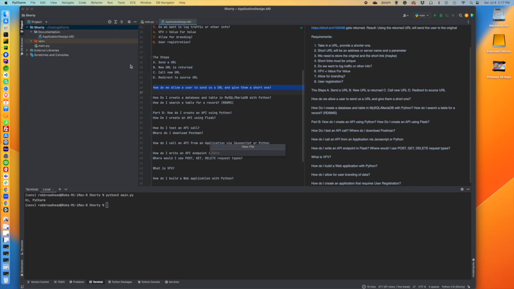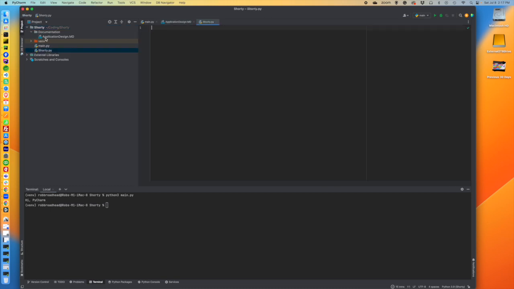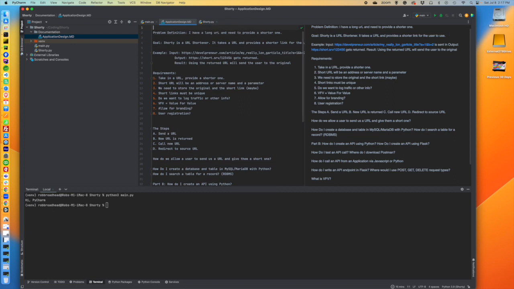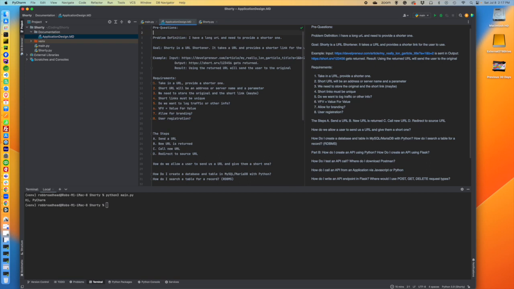And we are in PyCharm. There's some questions around that we will come back to, but we're going to call it shorty.py. So we're going to have a new script. What I do want to do is go back to my application design and do pre-questions, because we will want to come back to this, or you may want to go look for it. And those are going to be,